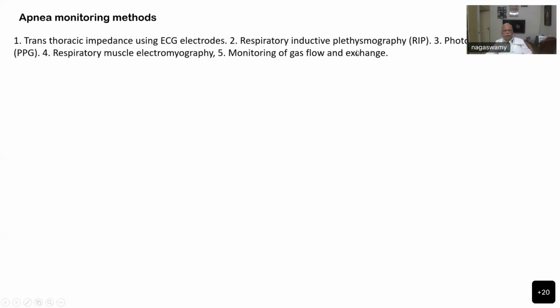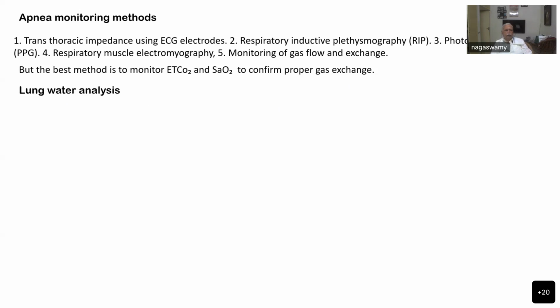Respiratory inductive plethysmography and phonoplethysmography, respiratory muscle electromyography, and monitoring of gas flow and exchange. All these things tell you whether the patient is breathing, which is apnea monitoring, especially if the patient has obstructive sleep apnea. This will be very useful in the post-operative phase also. But the best method to monitor is to assess the EtCO2 and SaO2 to confirm there is proper gas